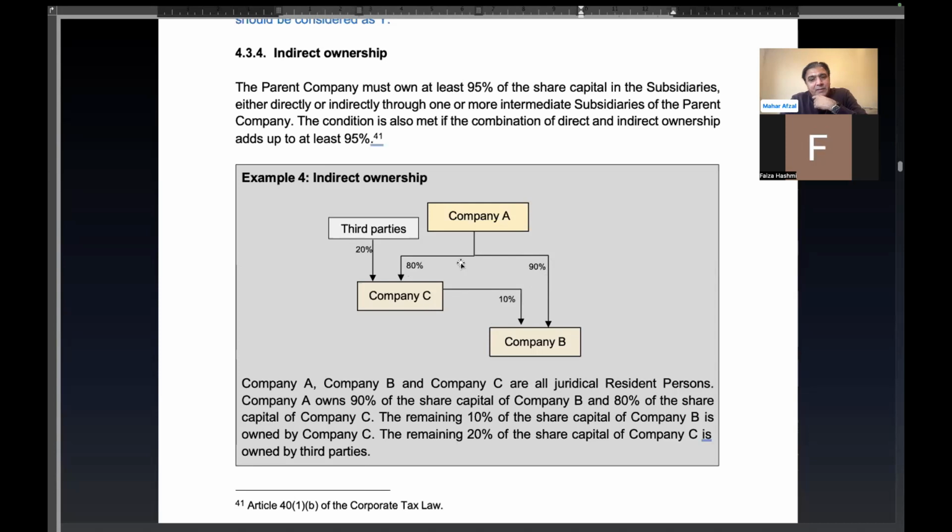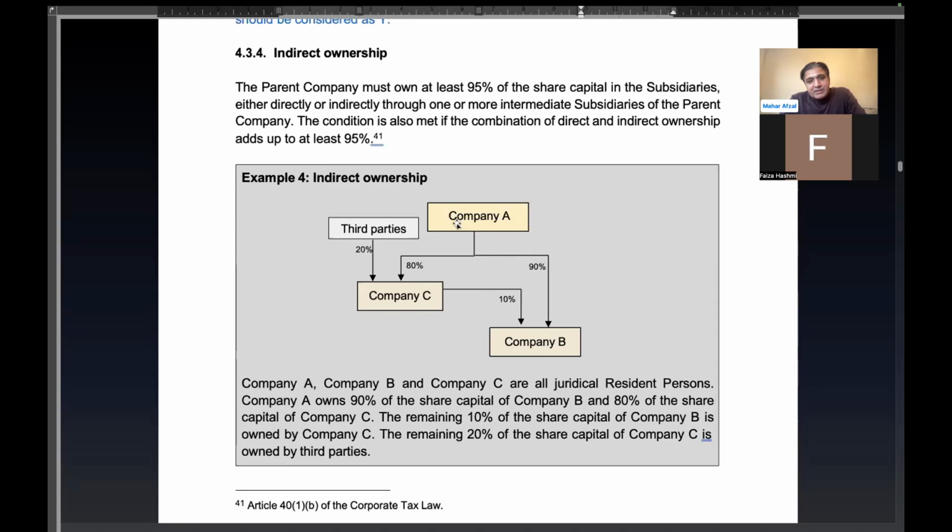Yeah, 8%. So 90% they are holding directly and 8% they are holding indirectly. So apparently it looks like A is holding 98% shares of B, so A and B would have made a tax group. But in the law, sorry, in the guide, they said